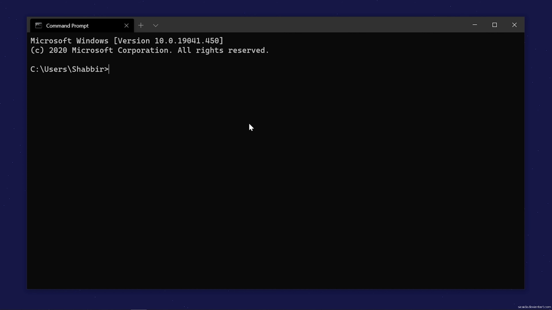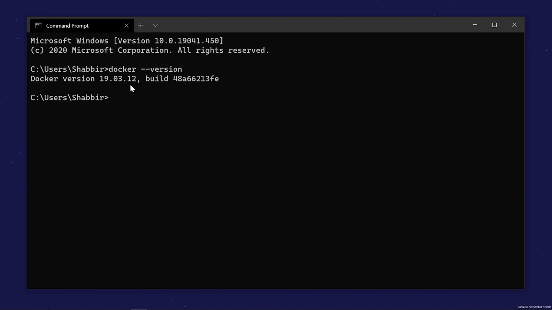Once Docker is installed, you can check if it is installed on your machine using this command: docker --version. You can see that I'm getting Docker version 19.03.12. This is the latest version that I'm using. When you're watching this video, there might be a newer version, and you can use that as well. It will work for every version of Docker.